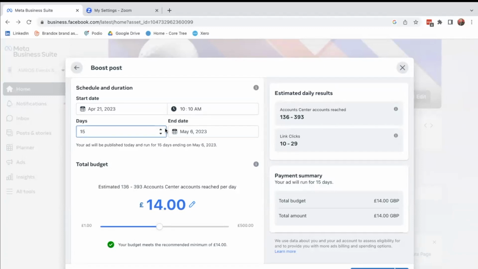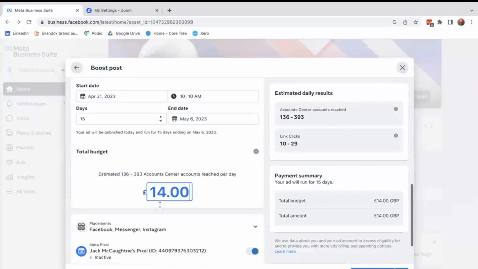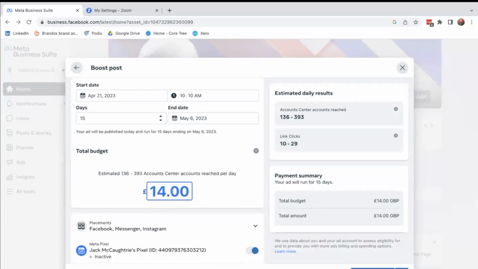But equally, I'd caveat that with making sure that it is, for me, relatively short and sweet so that you've got some control and some handle over it. We'll then also look here at budget. So you'll also see, based on the time frame and the money that you will want to allocate to this campaign, how that will change your estimated daily results here. So if we start with £10 or a 15-day period, or then if we increase this to, let's say, £100,